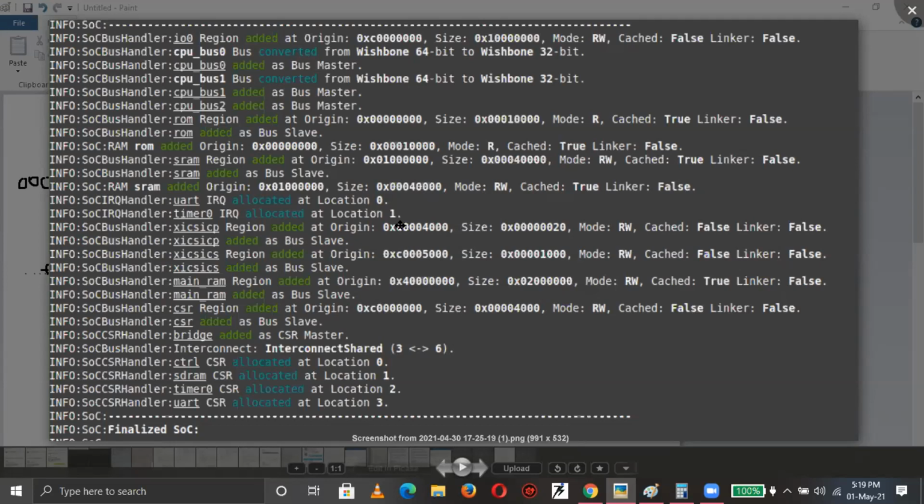Whatever you wanted to map, they will have their own definition of their sizes. For example, we just saw that, right? SRAM, ROM, it had a size of 8K, and the other one, SRAM, had 32K. Likewise, they will define it. So sir, basically it depends on the design, the specifications.